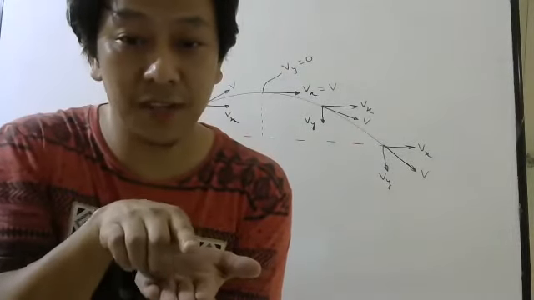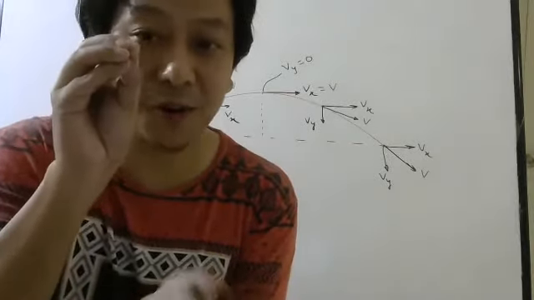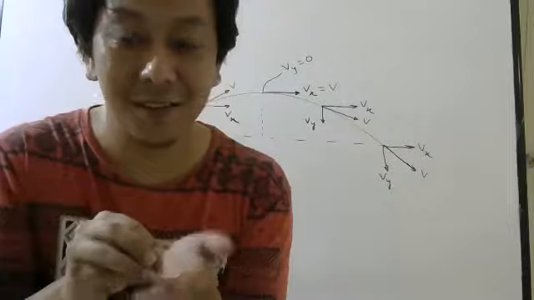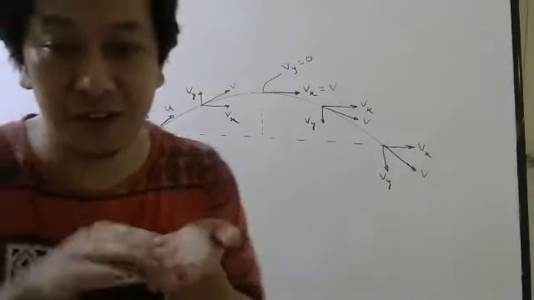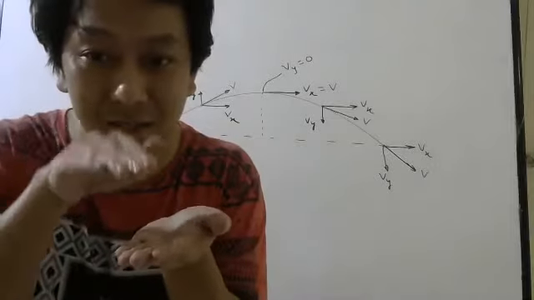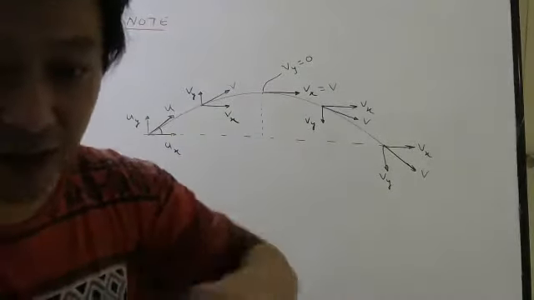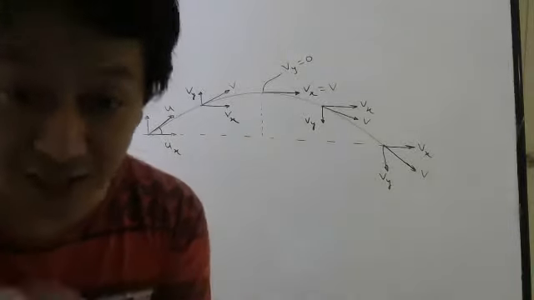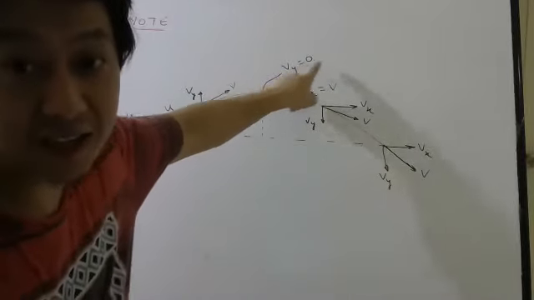Its velocity was upward, decreasing, it stopped. Stop matlab the y component became 0, then again it came down. Correct? So if you look only at the y component of velocity, it looks something like this. It went from positive to negative, and if you go from positive to negative, you must cross 0. So here your y component of velocity has become 0.